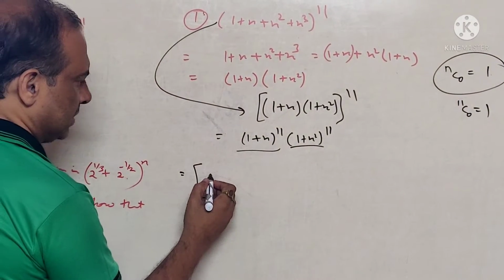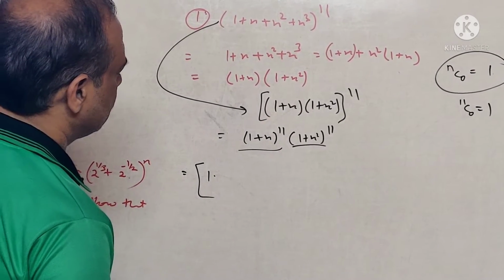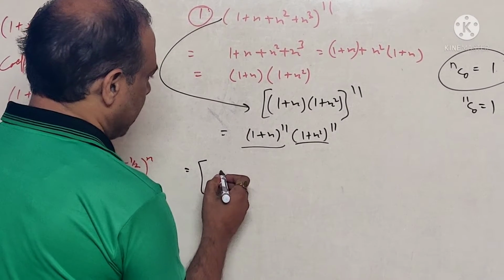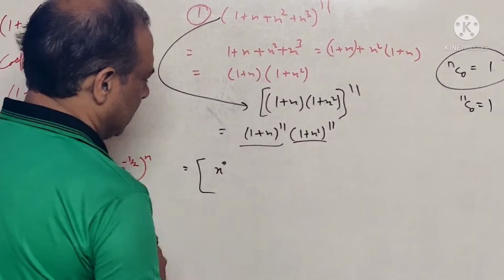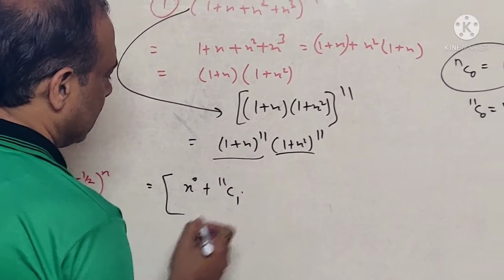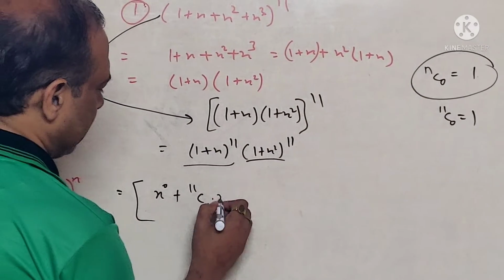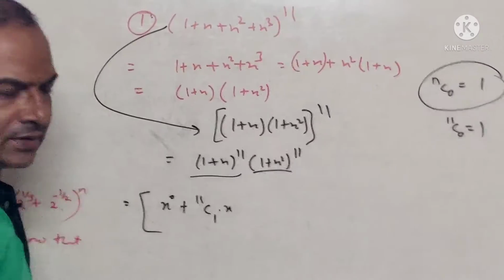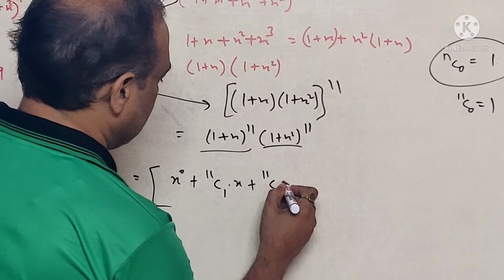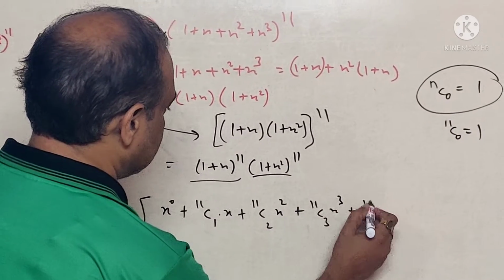Therefore, the first term is 1, we need not write it. And the last term is x, we can simply say x raised to power 0. Clear? Because it is 11C0. Second part, you are having 11C1 into x, you will have x raised to power 1, or it will be x. The third term will be 11C2, you will have x square, 11C3, you will have x cube,